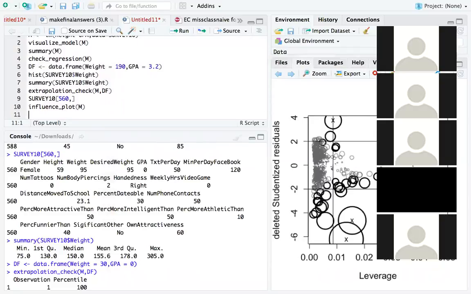So what I need to do now is I need to go to the vector of height inside of here, and I just want to prove this once and for all. We're actually looking at that this big dot over here is this person that we keep talking about. And I'm going to go here to the 560th. I'm going to change their height to be like 40, which makes them way down here. The model will now overpredict them. Does that make sense? So this dot is going to drop to here,